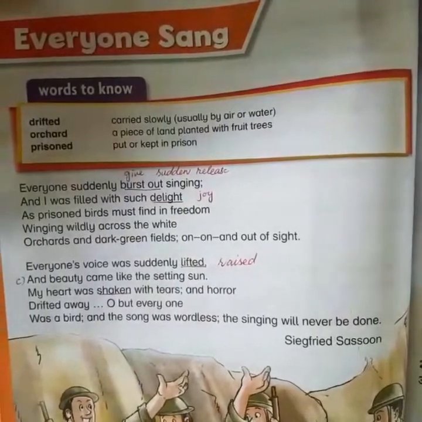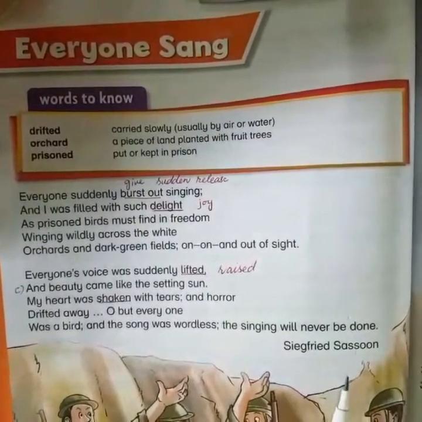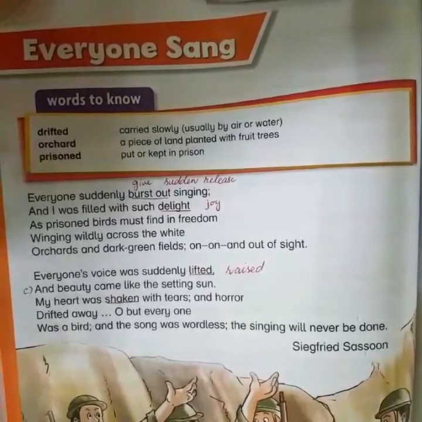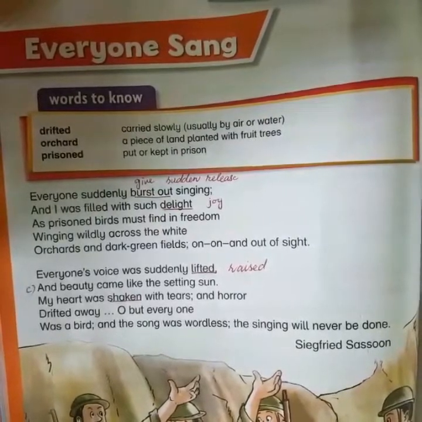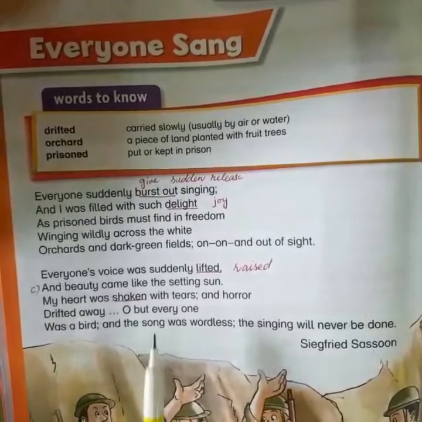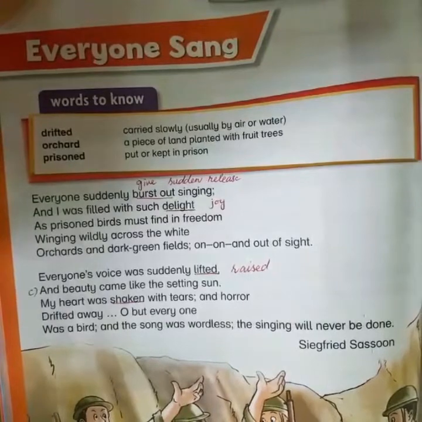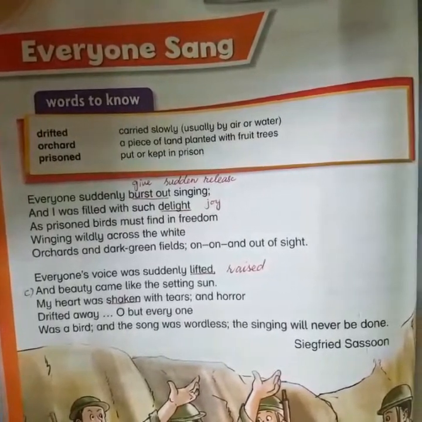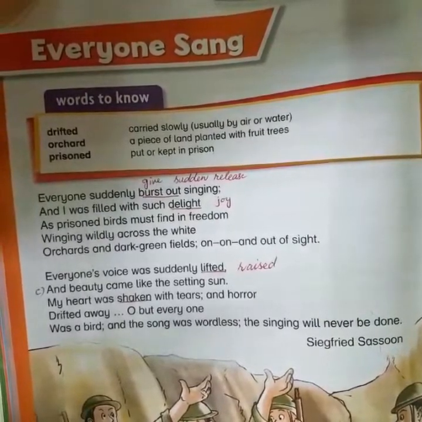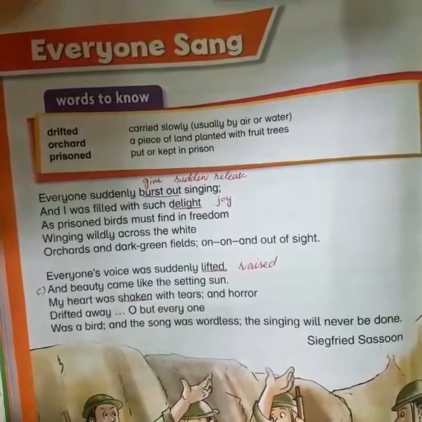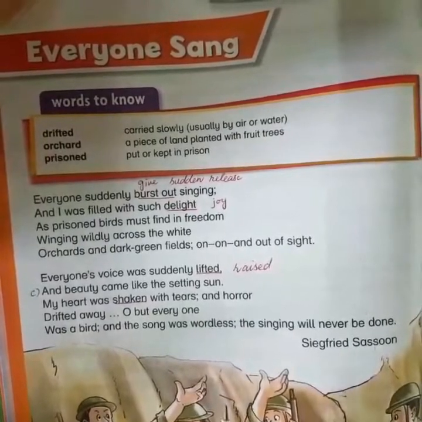Let's have an idea about the poem Everyone Sang. This poem has been written by a famous poet, Siegfried Sassoon. He has been a leading poet of the First World War. The present poem refers to the end of the First World War, and the poet views this end as beauty, happiness and joy everywhere. The poet compares his joy with the free prison bird because the war is like a prison. When it ends, it gives freedom and delight. So everyone is celebrating the end of the First World War. Even every soldier is happy. They are singing, but the songs are wordless. We can say that through this poem, the poet expresses his joy that the war is ending.